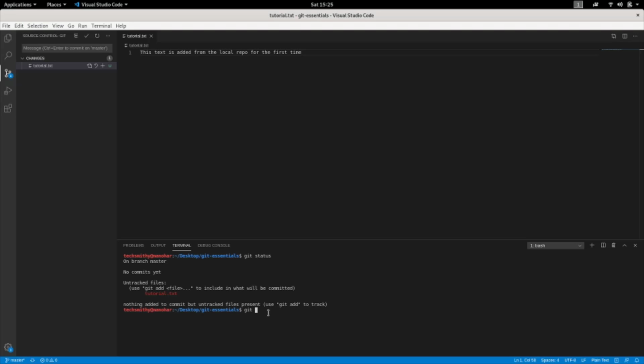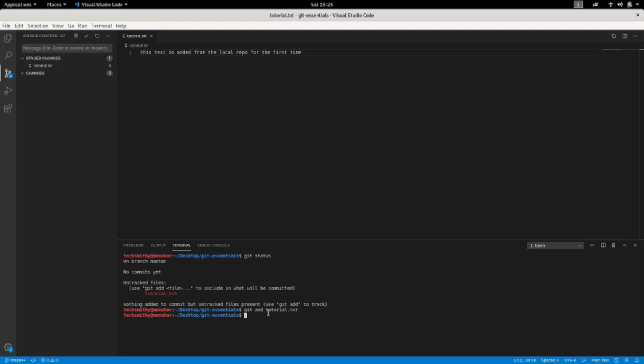You can simply do git add tutorial1.txt, or if you have tons of changes to be updated at a time, you can do another thing too. I'll tell you later. For now, git add tutorial, I did that.